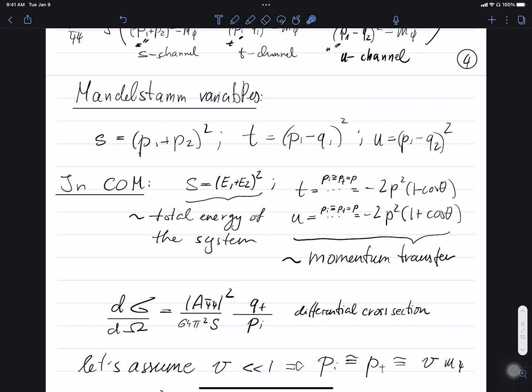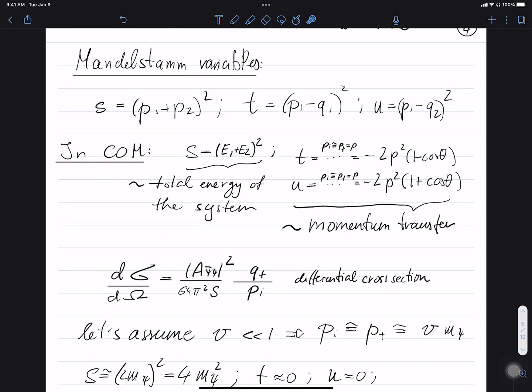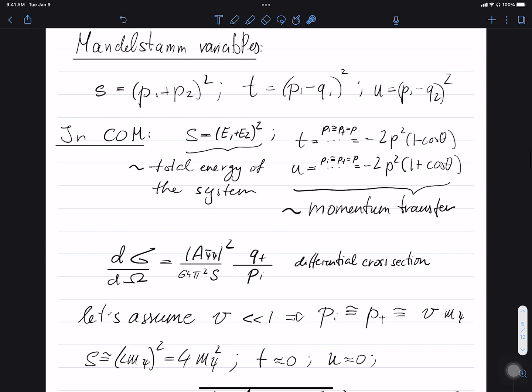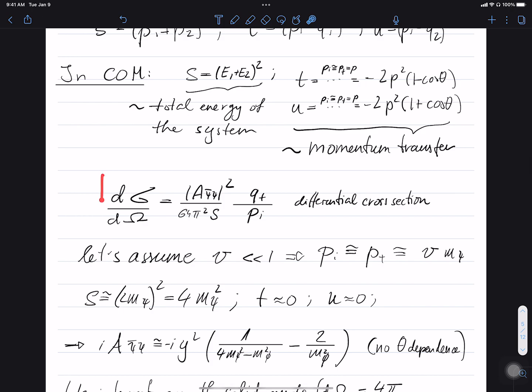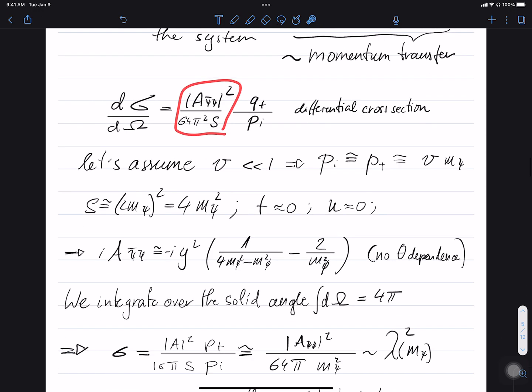And if we also assume that these... we will make another simplifying assumption in a second. So for now, our differential cross-section, d sigma by d omega, is just the matrix element squared, the ratio between the final and initial momenta, and the total energy squared. This is fine. And then let's make a further assumption that the momenta, the initial, which are similar to the